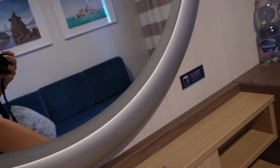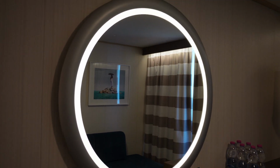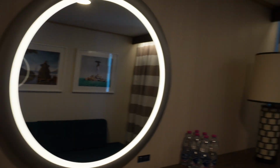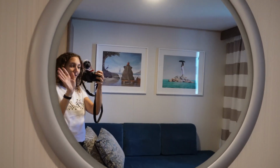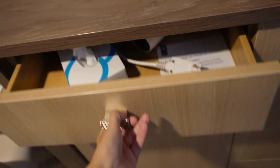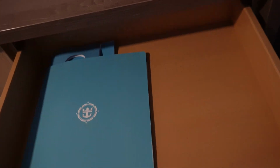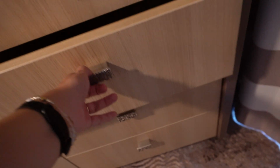I've got some light switches. I love this. I love these big mirrors with the lights around them. So nice. And it turned those lights on too, which is great at night when the room is dark. This big mirror, hello again. And then we've got even more storage over here. So we've got a lot of drawers. We've got a hair dryer, some tissues, lots of drawers here. You've got your mini bar menu and your room service ordering, lots of drawers. And then also got